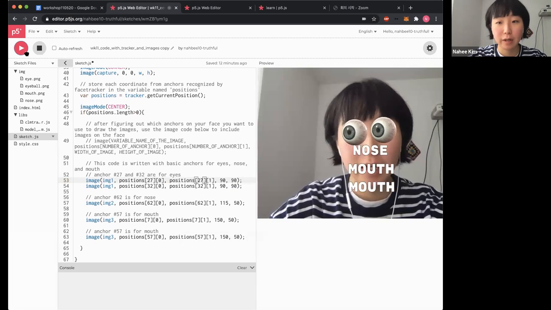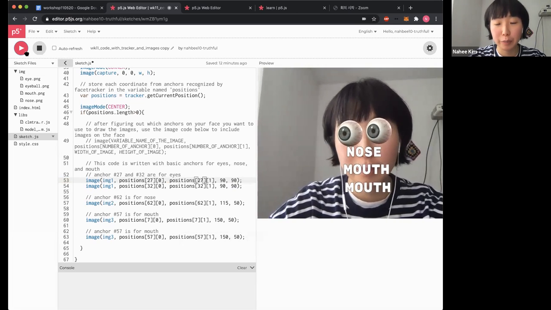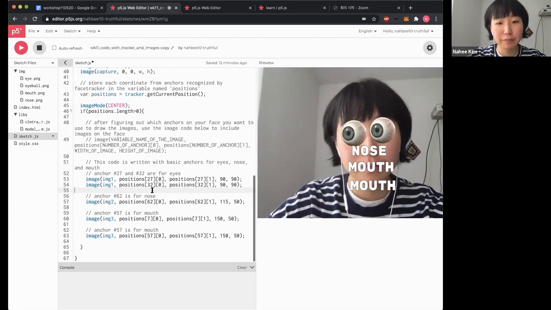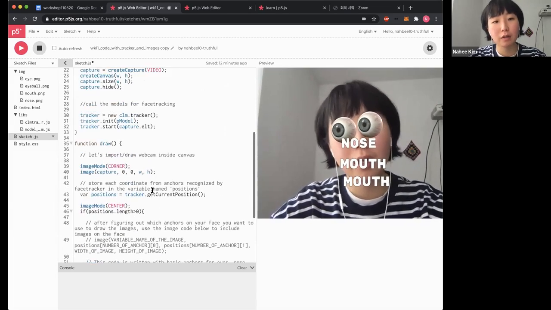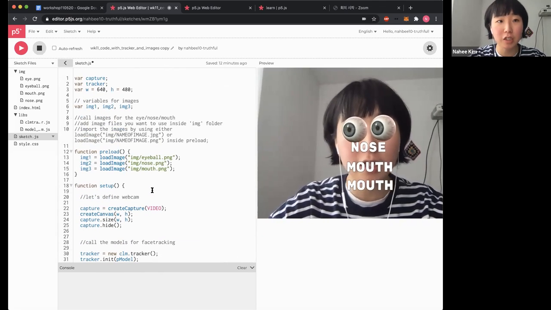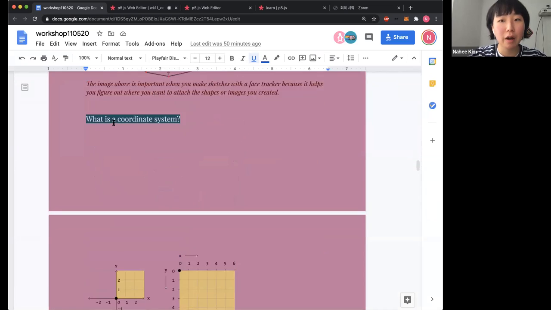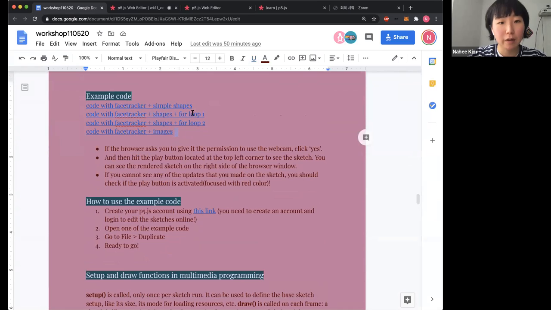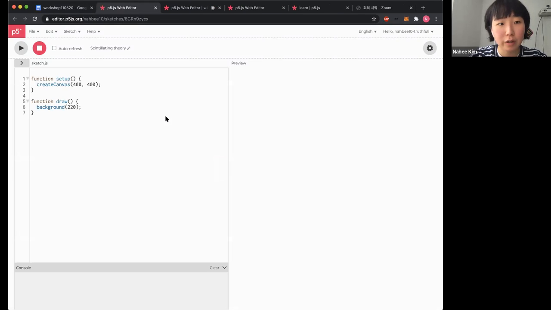Yeah, now I got pretty-looking eyeballs. And this is the way you can do some fun changes to this image sketch. And there are also different examples engaging some shape functions from p5.js. So let me just open this first one